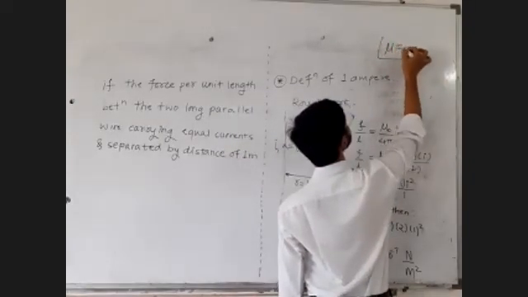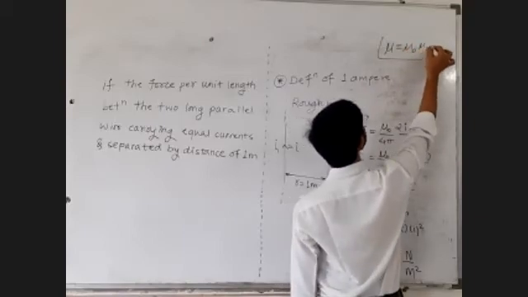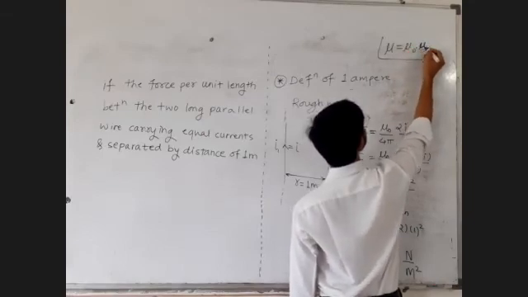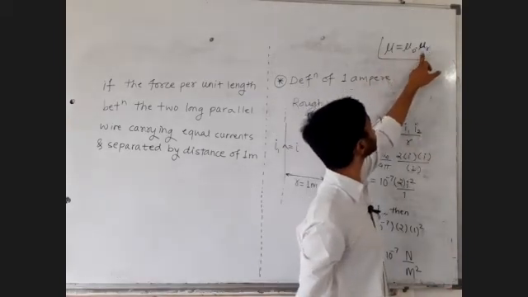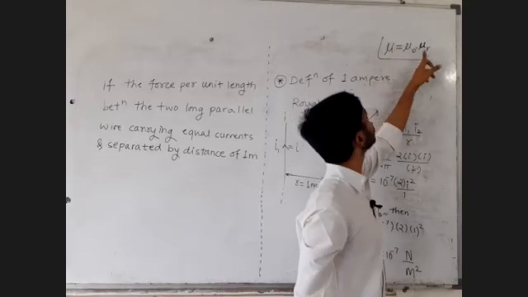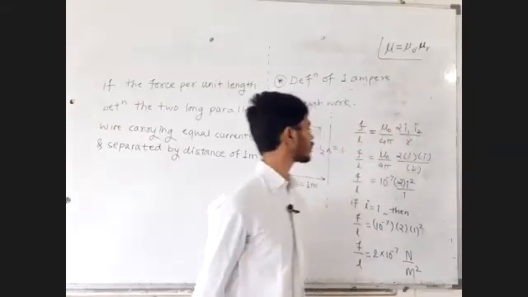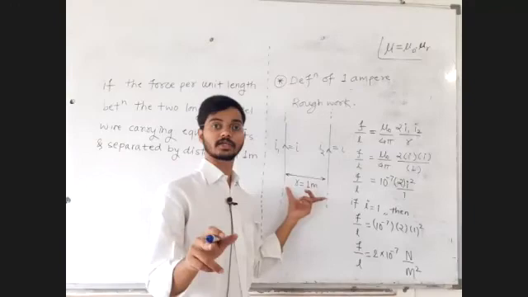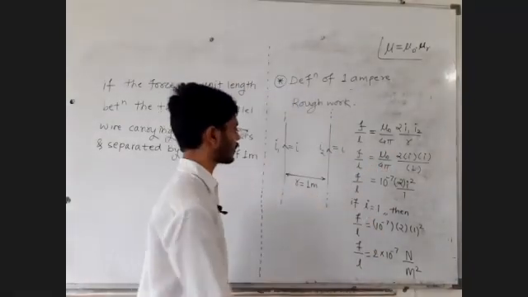Permeability of medium, which is equal to mu 0 into mu r. Permeability of vacuum, mu 0 into mu r. Relative permeability. Just as epsilon equals epsilon 0 into epsilon r, similarly mu equals mu 0 mu r. You are not using mu, which means the wires are not placed in a medium. The wires are in the vacuum. That is why we have directly taken the value of mu 0 upon 4 pi as 10 raised to -7.